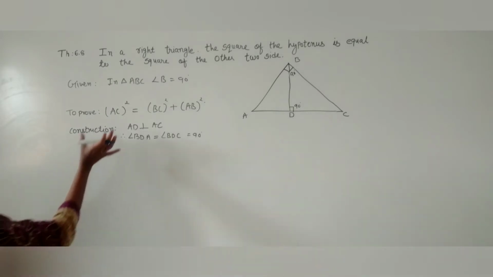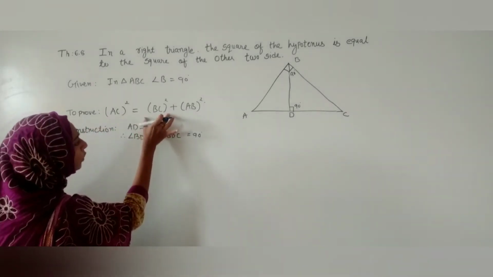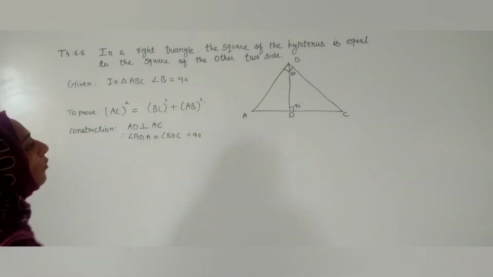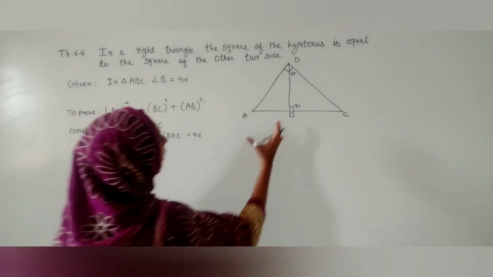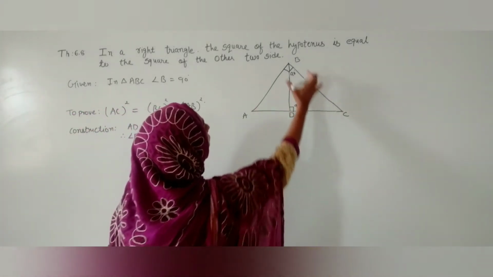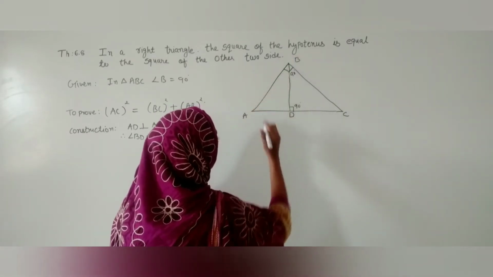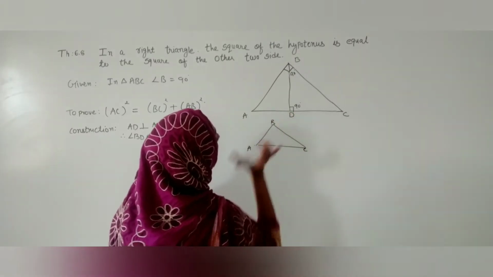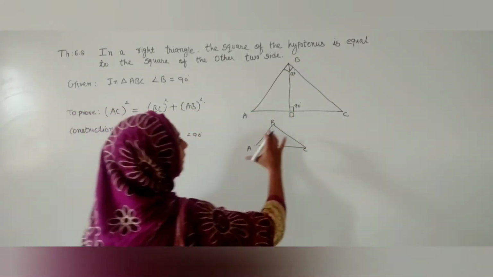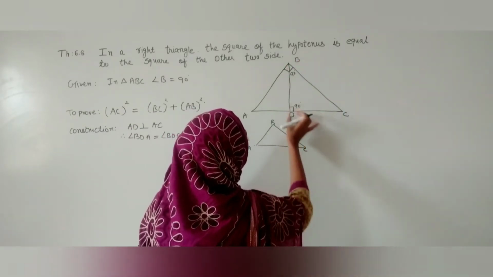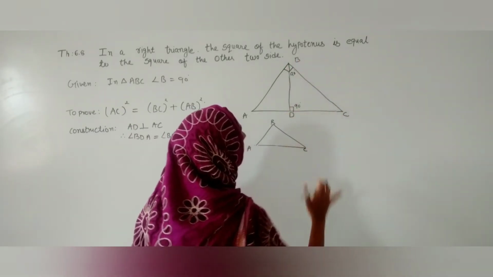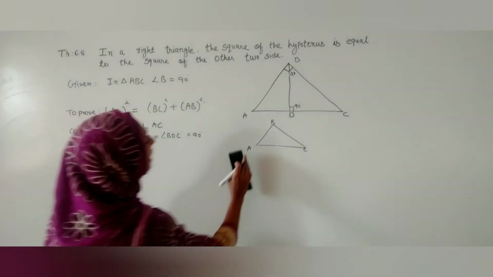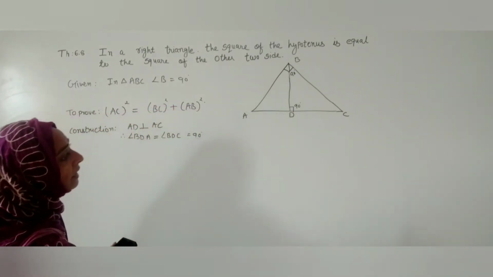Now our motto is to prove that AC square is equal to BC square plus AB square. This concept is very easy. Before doing that, I will break the figure. Here we have to compare one large figure, triangle ABC, with another small triangle. Then again we take that large triangle and compare it with the other small triangle, BDC. And in a hidden way, our answer is there. This concept is very clear if your concept of figuring is very clear.